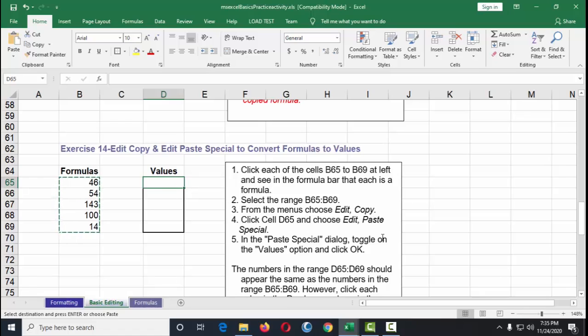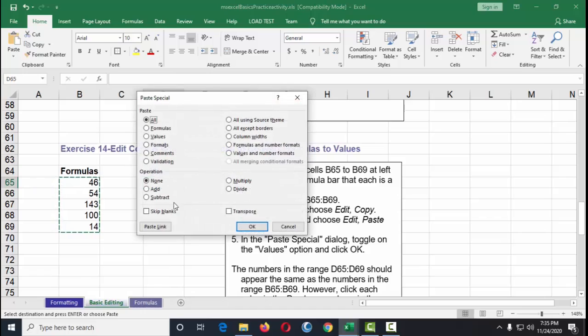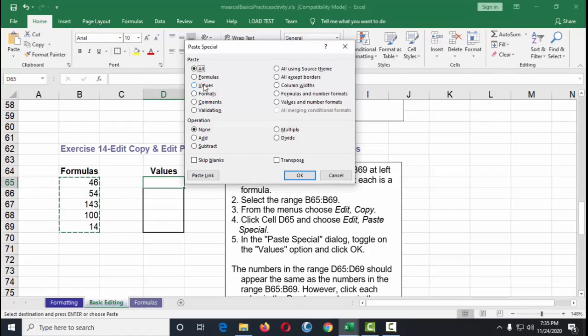A shortcut for that is just right click and then click on paste special. This is the dialog box for paste special. Click on values only, and then click OK.